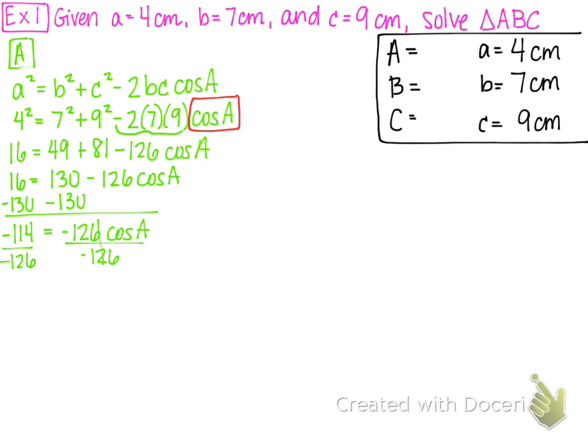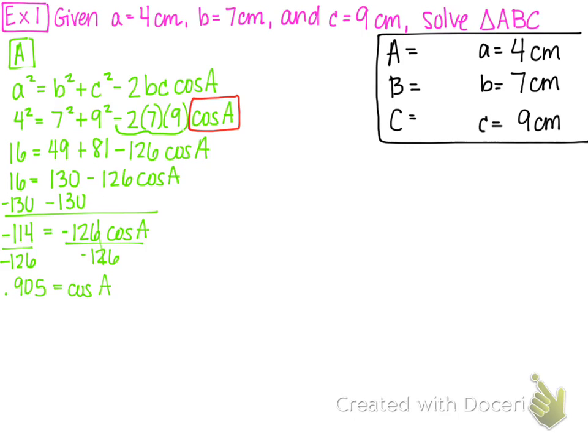Those cancel. And we get 0.905 is equal to cosine of big A. So, like we were talking about earlier in this unit, what we have here is we need to find this